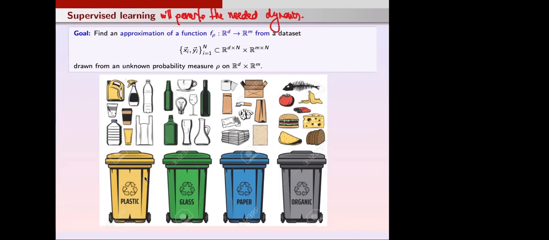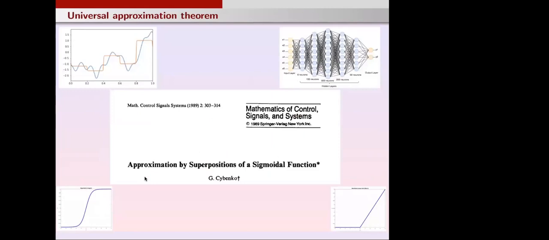This seems to be different, right? So how do I model this? Okay, and this is where neural networks enter. There is a broad literature on this topic. In particular, there is a paper by Cybenko that I would like to mention briefly here. This was published in '89, and the name of the paper is Approximation by Superposition of a Sigmoidal Function.